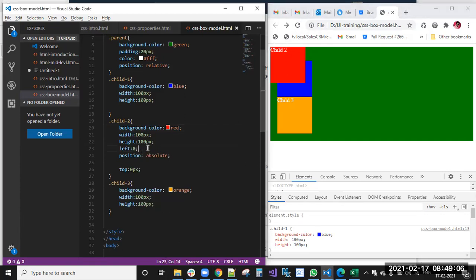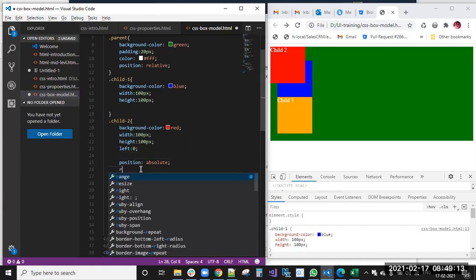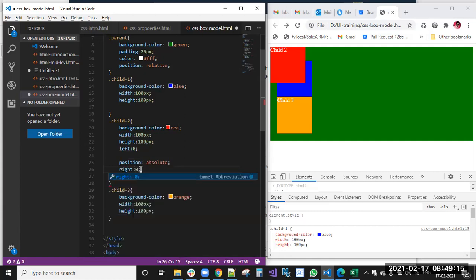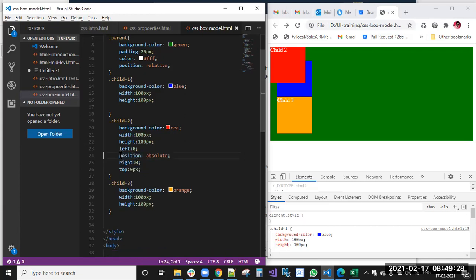Now, top 0, left 0, and you can give right also 0. What will happen? You can see now. First the left 0 is there, right?